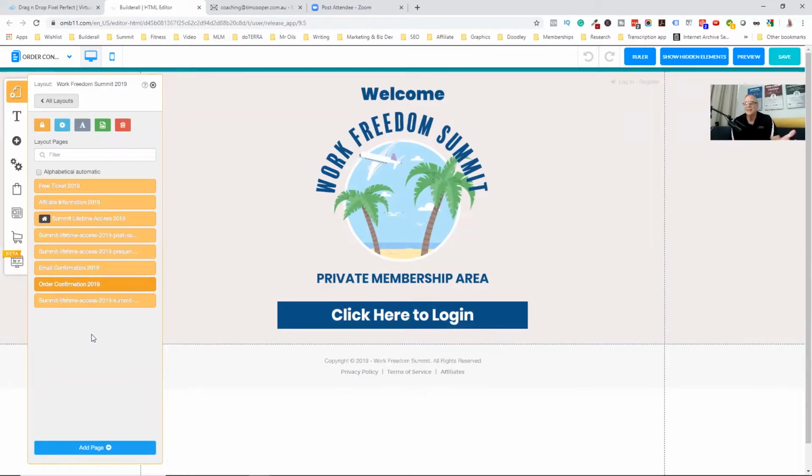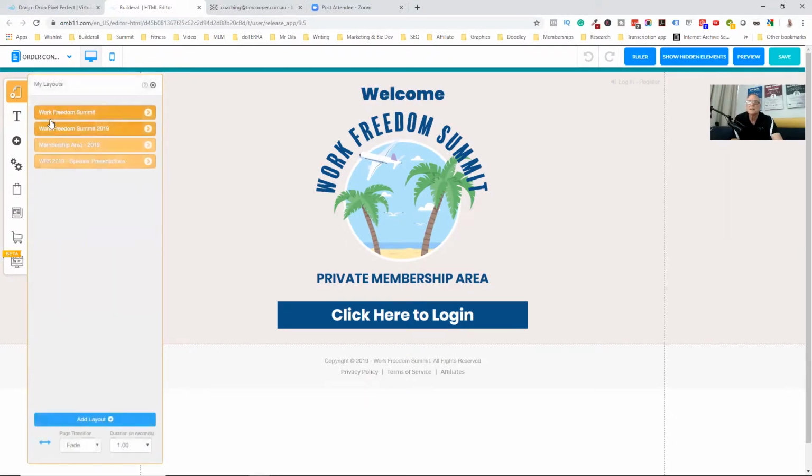So nothing really exciting to see here. We've just got a big login button here, and away we go. So that's the base side of things. Let's look into the meat of the summit. What makes the summit different to a standard membership site? So we come to a different layout now. So if you come to the speaker presentation,